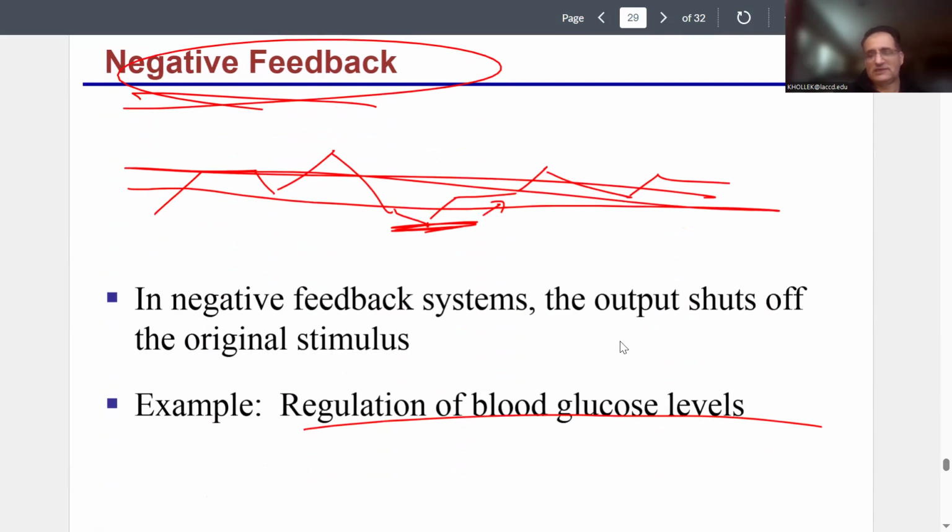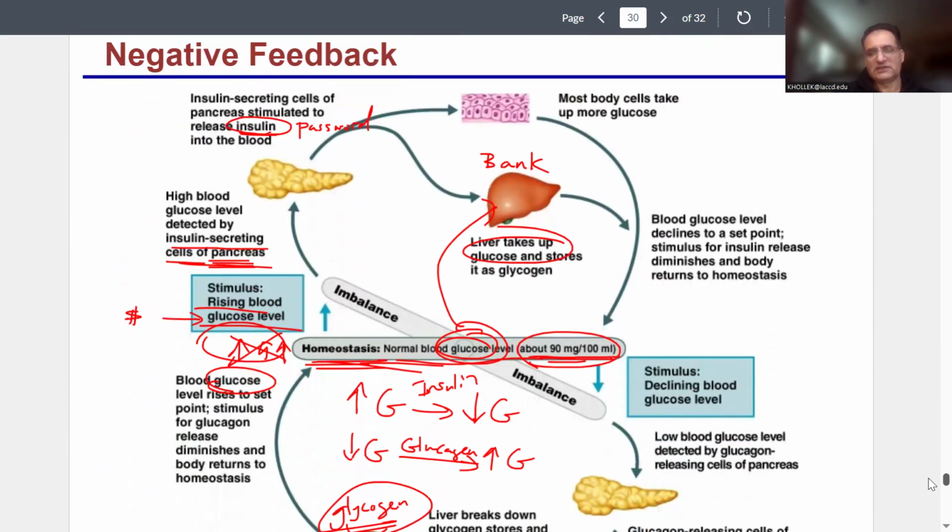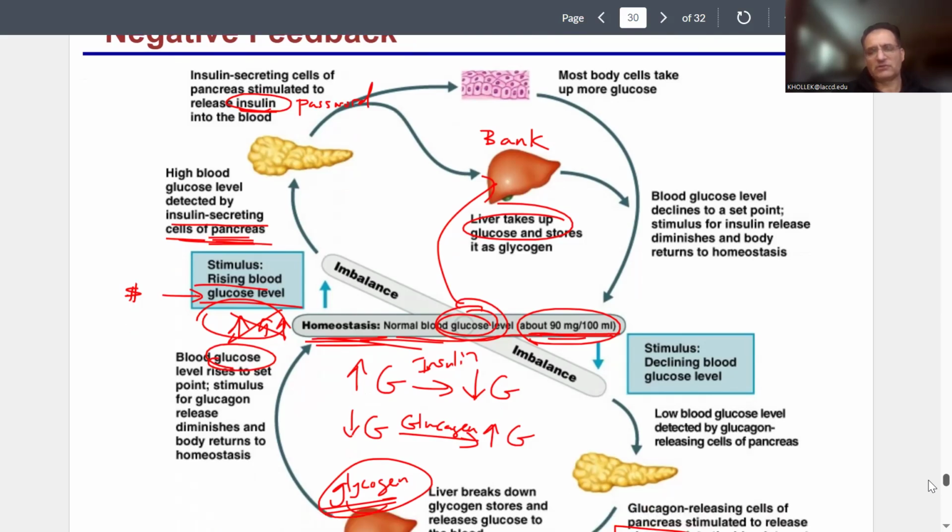I gave you already the example of the blood glucose level. If it goes up, you need to bring it back down, and that's where insulin comes alive, basically. So this is the idea. If the glucose level is high, there is an insulin release, so you're bringing it back down. If the glucose level is down, then glucagon is the hormone that is produced to bring the glucose back up. And again, this picture depicts a negative feedback system of how the regulation of